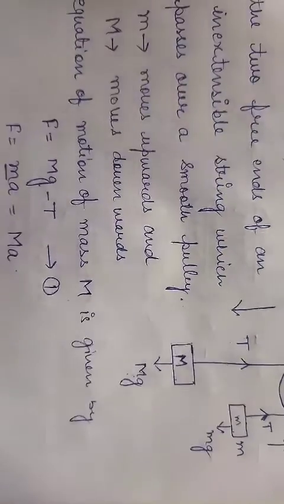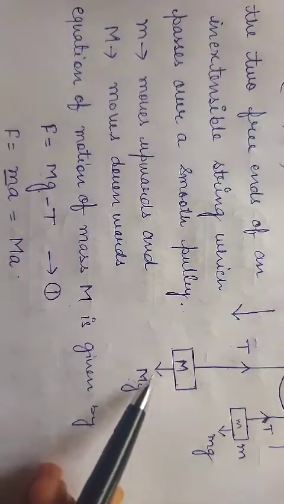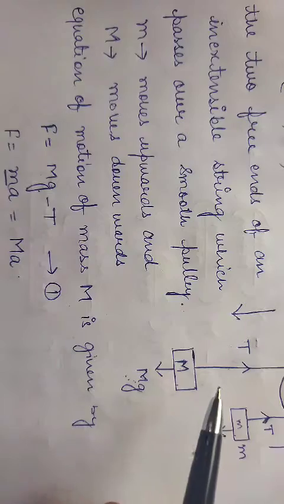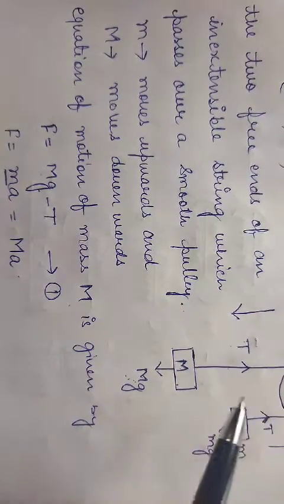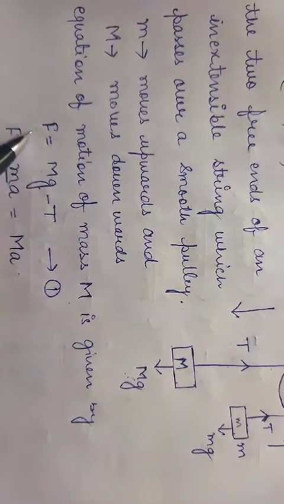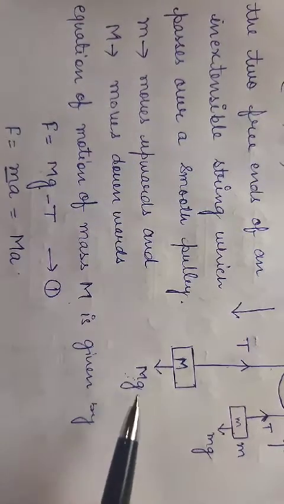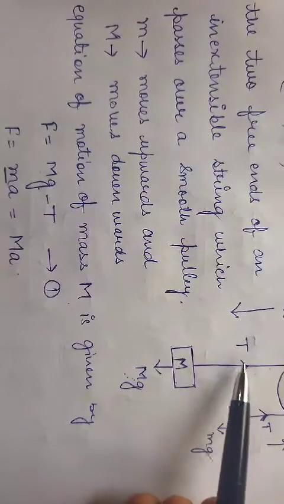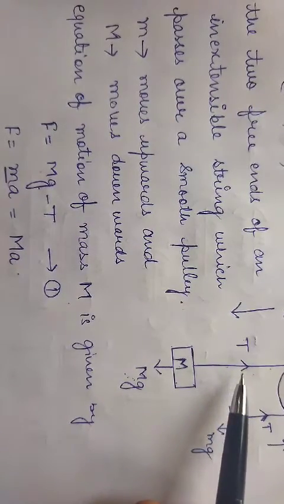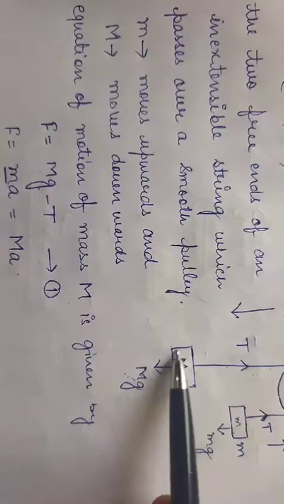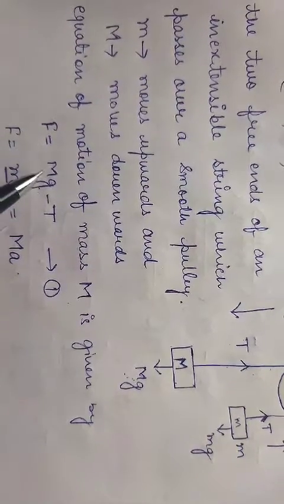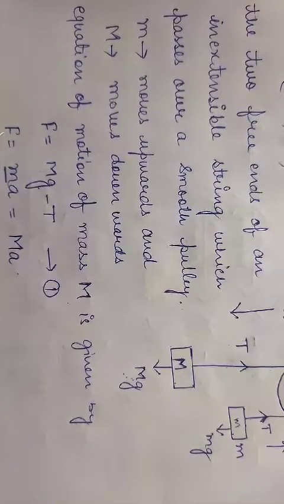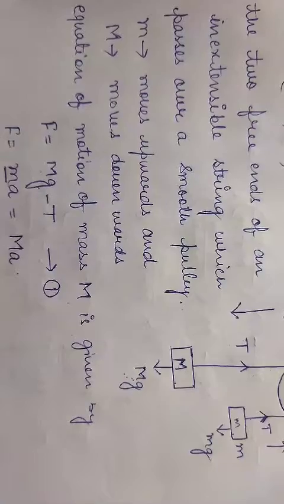force. Now the total weight, that is Mg, is acting vertically downward, and this T is acting vertically upward. So total force F is equal to this Mg minus this force that is acting in the opposite direction, meaning the force with which this string holds this mass. So F is equal to Mg minus T. Now we know the formula of force, that is F is equal to m into A.